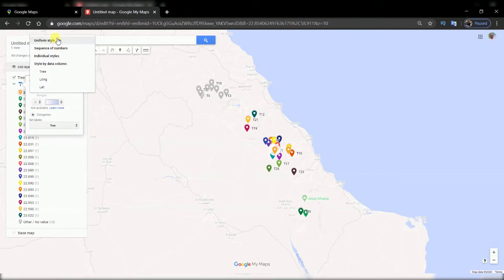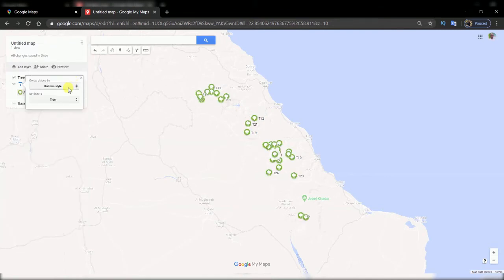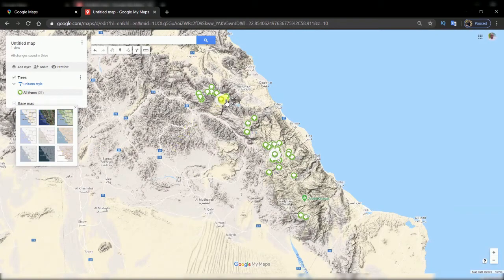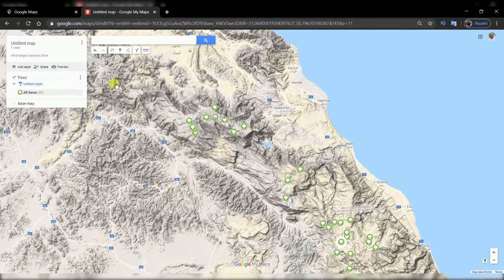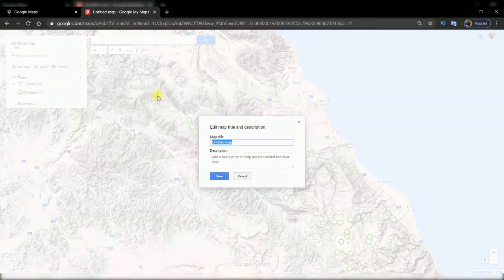What I usually do is basically uniform style for now, just to show you only how to upload them here. And I use the terrain map. So this is how it's done. This is how you do it. And of course, you can always change